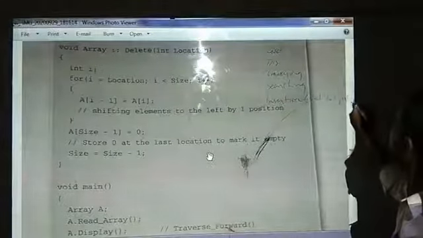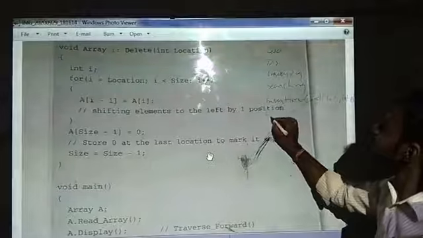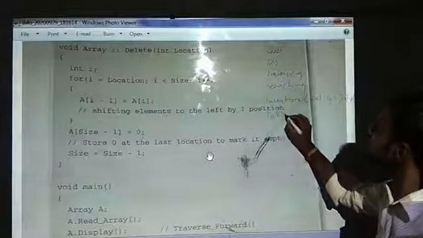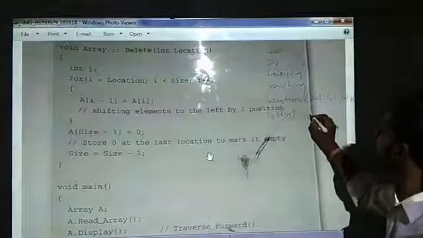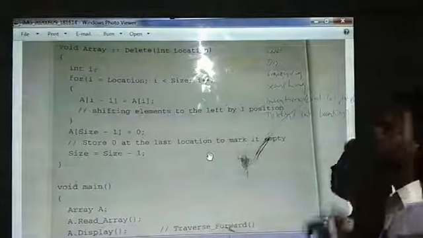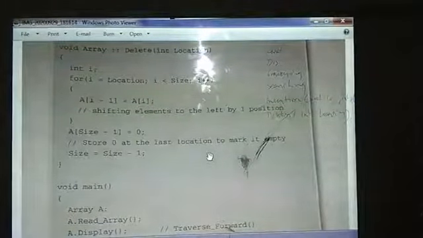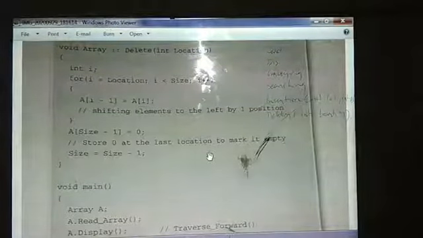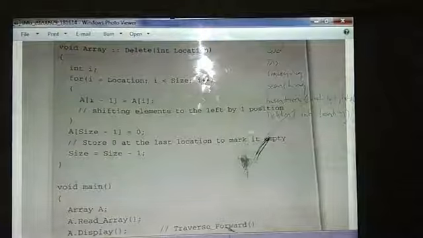I have taken these two. Okay, and then I went for deletion of element, int location, that I want to delete. See, these many operations that we have discussed in our previous lectures. Now let us go for the main function, in which we will be calling all those ADT operations.